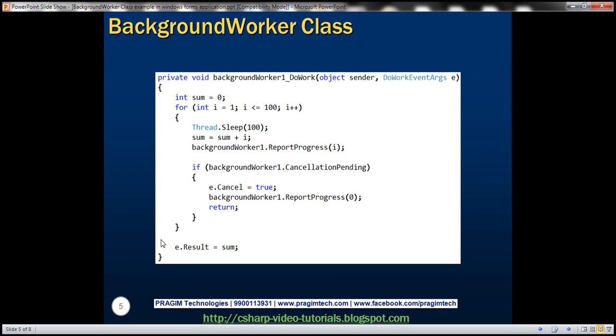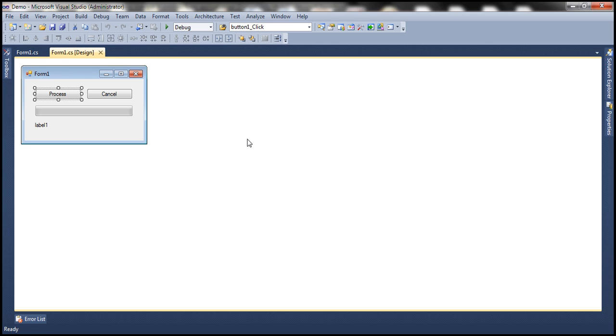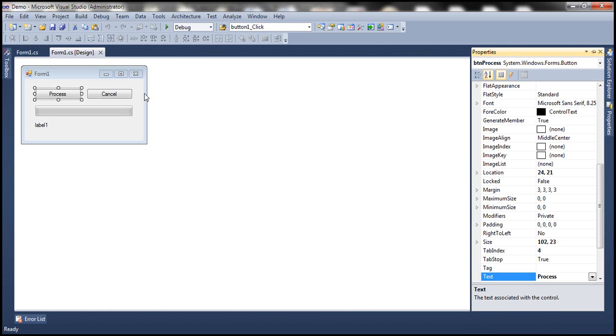First, let's shift to the Windows Forms application. In this Visual Studio instance, I have created a new Windows Forms application and named it Demo. On the Windows form, I have dragged and dropped two button controls, a progress bar control, and a label control. For the button controls, I have set the name to btnProcess for this button and